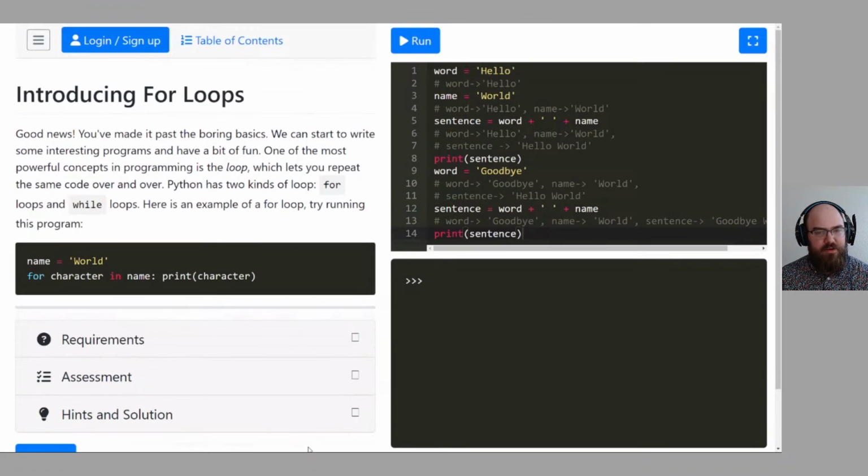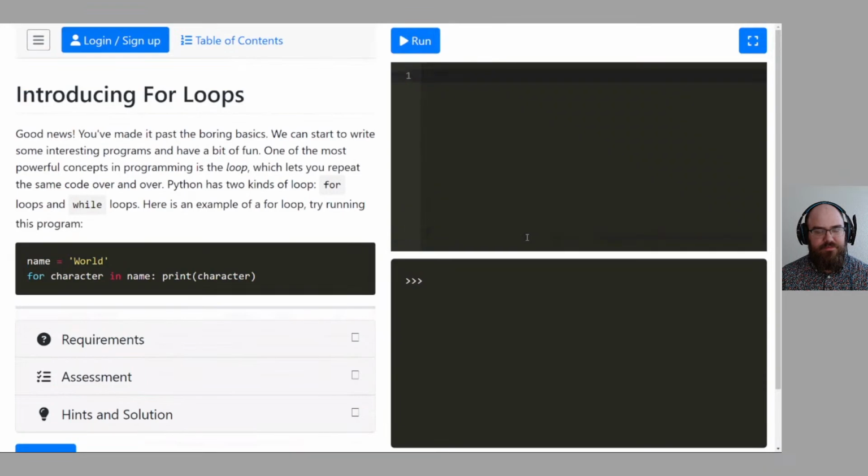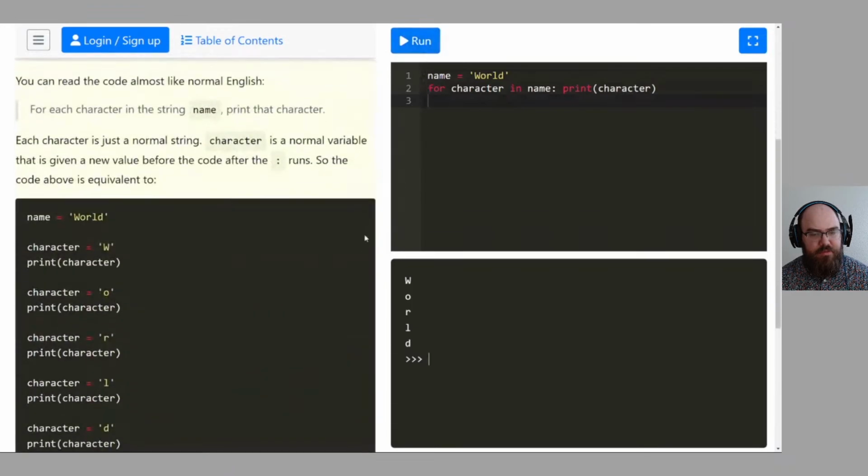Try running this program. So you can delete all that stuff we had before. I have to clear. All right. There we go. Sorry. Couldn't help myself. One day I'll be teaching you how to code. Go ahead and try running this program. WORLD. Interesting. Okay.